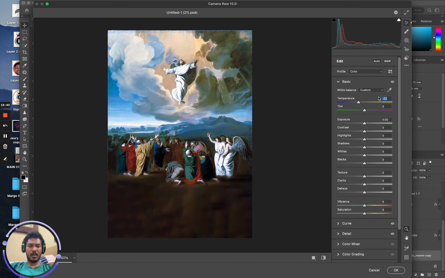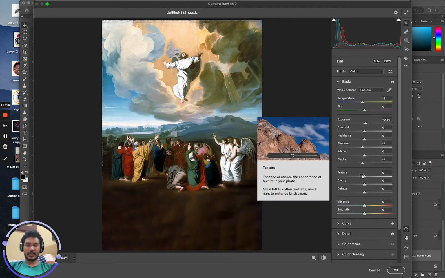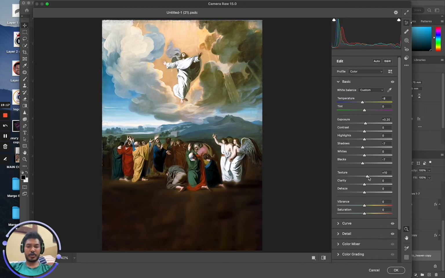Maybe I'll keep the temperature as it is, maybe a little bit of cool temperature to enhance this sky, so you can see that. So a very little bit of cool temperature, and then exposure I can increase by a very minute value, and shadow I want to increase a little more. The black you can work on a little bit, and this is up to you. You can do your creative ideas,